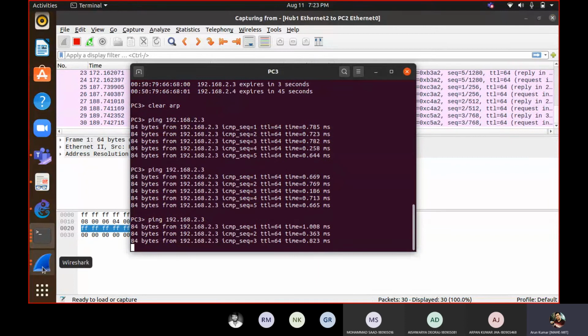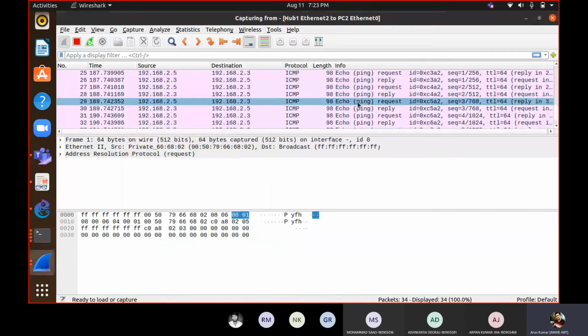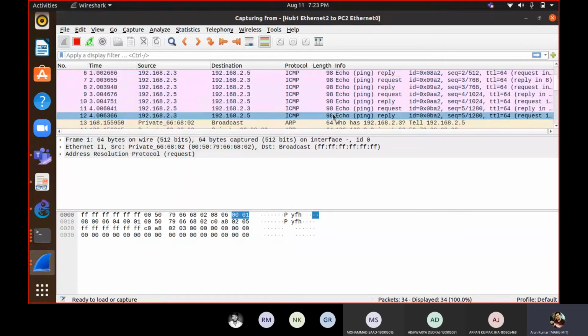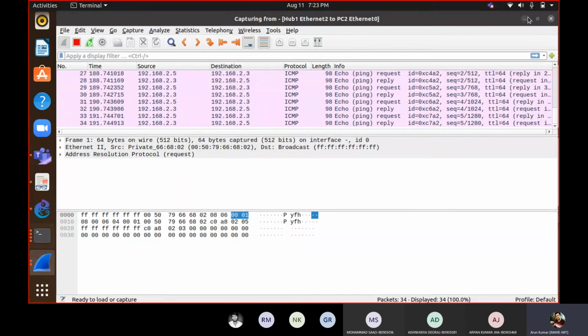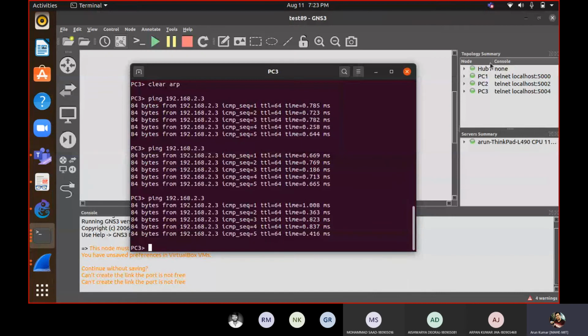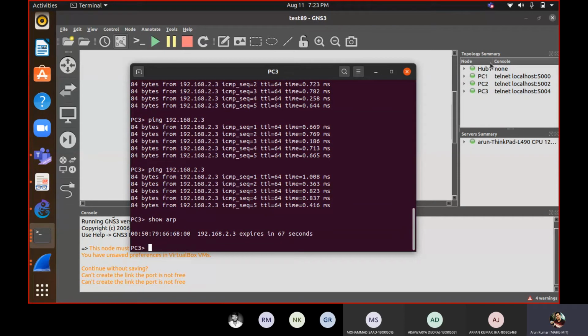Now one more request I will send. See, now you can see there is no ARP request, because once your systems, your PCs, know the ARP, they have maintained it, and they haven't lost it, they haven't exhausted it. So till that time they can use the same ARP table. So here if you will see whether there is any entry in ARP, that's why it will not regenerate any ARP request message, because the information is already available.